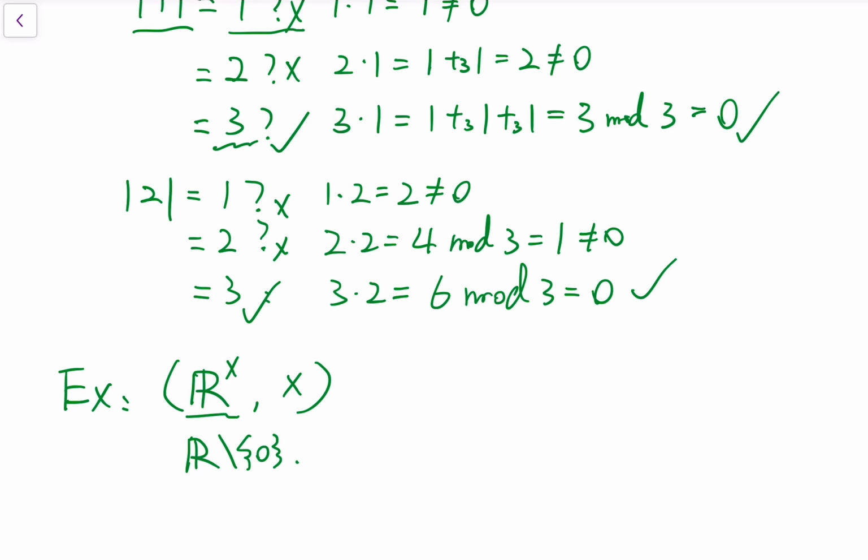The reason is that, from the definition of groups, every element in a group should have an inverse element, but 0 does not have an inverse element under multiplication, because that is like dividing a number by 0, which is not well defined. So we exclude 0,